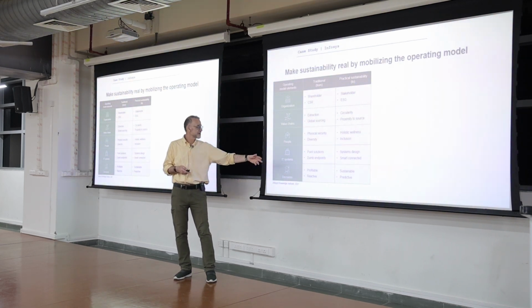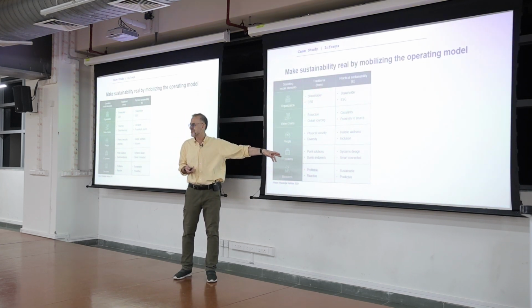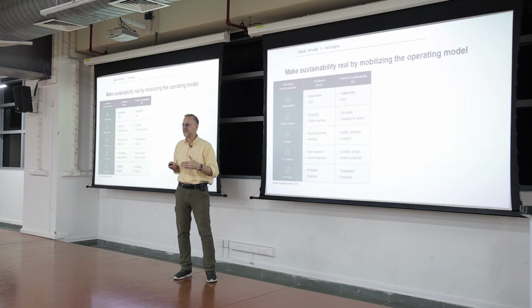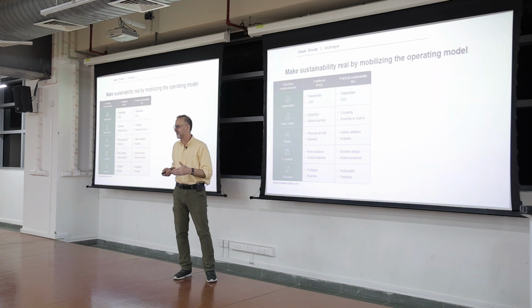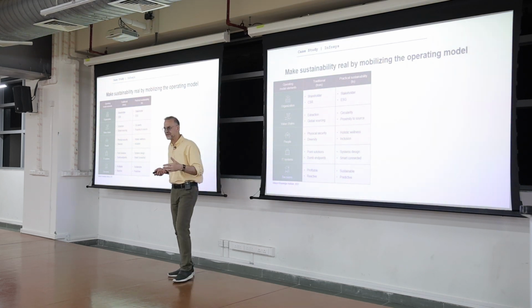Systems, IT systems, point solutions and dumb endpoints, so the sensors are there and there are dumb endpoints. It's more about smart connections and systems design now. And being profitable and reactive now has to move to being sustainable and actually predictive, to forecast what's going on. What's the biggest challenge we're talking about worldwide right now, and the US is causing this issue?